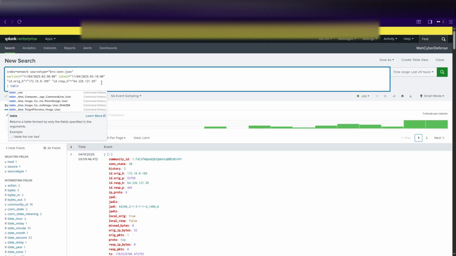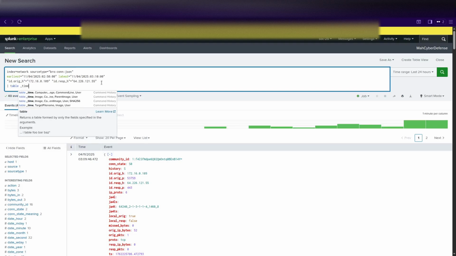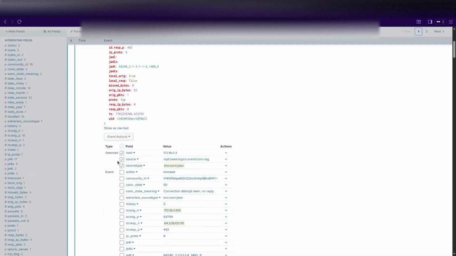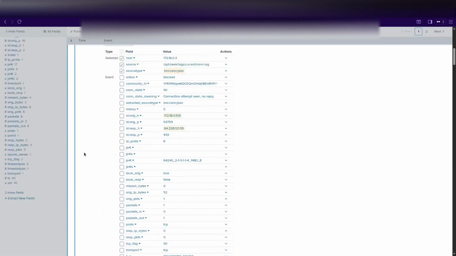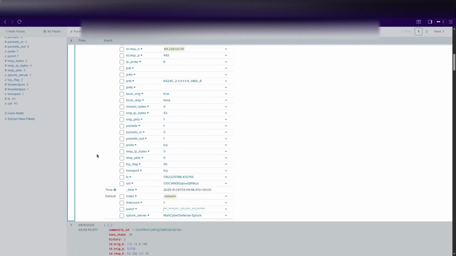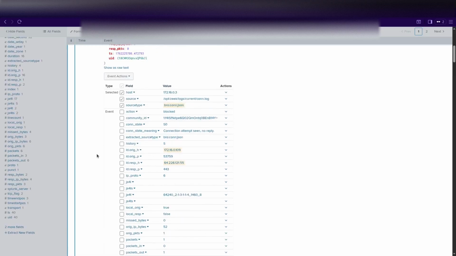So table, we want the time. So what kind of things would be useful for us here? That can give us good details. We probably want to see